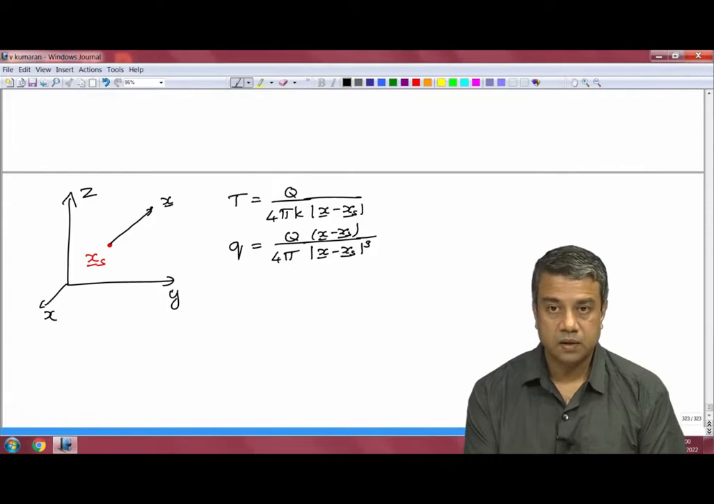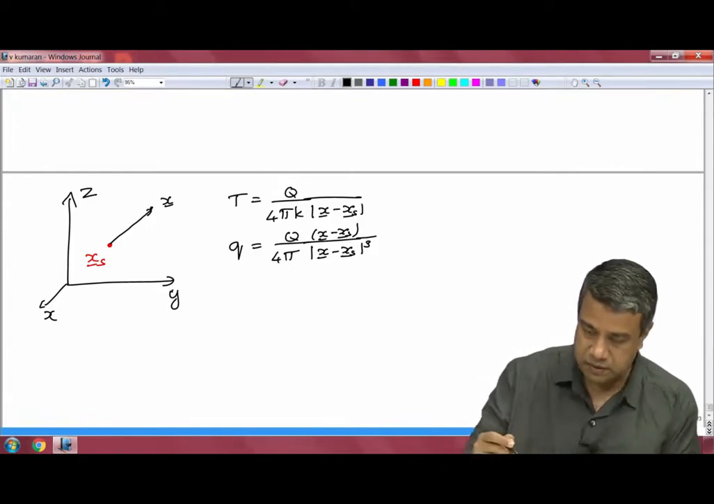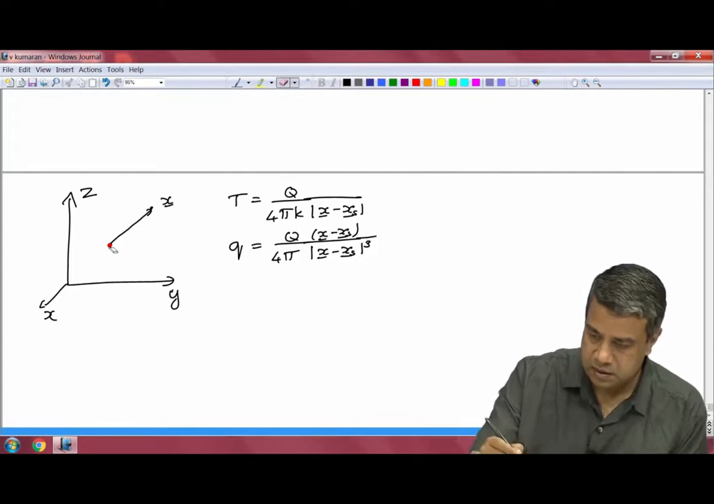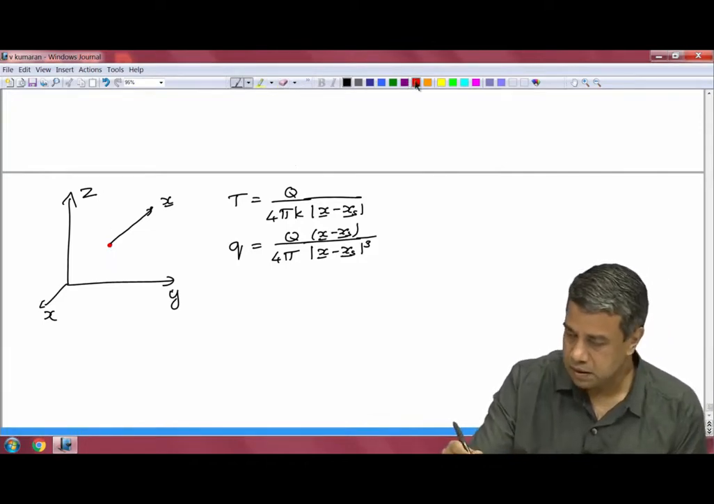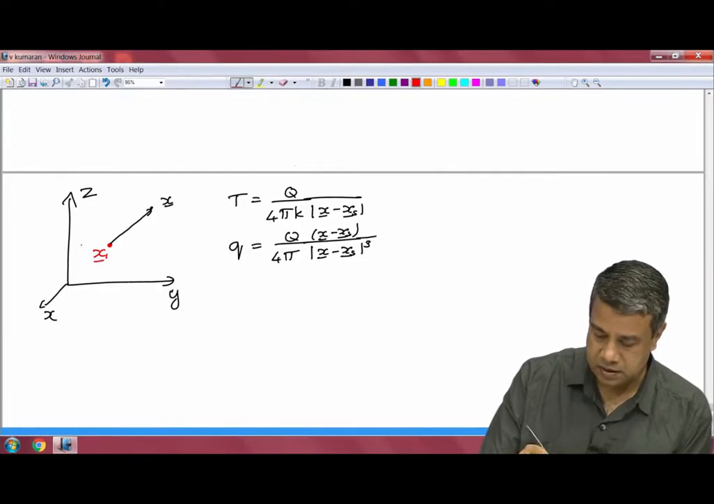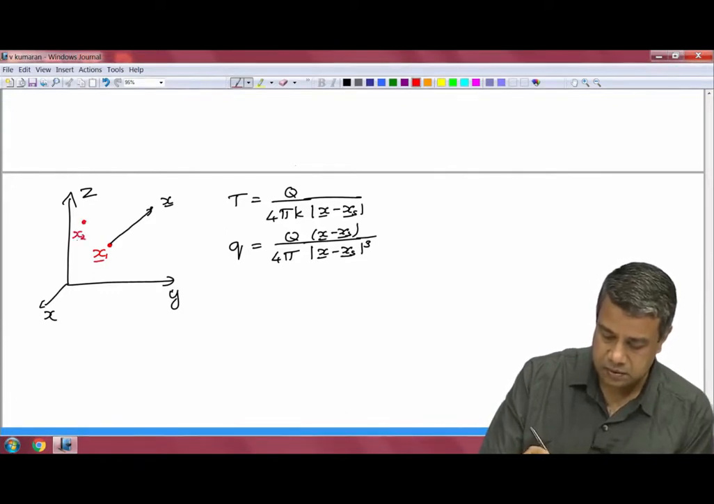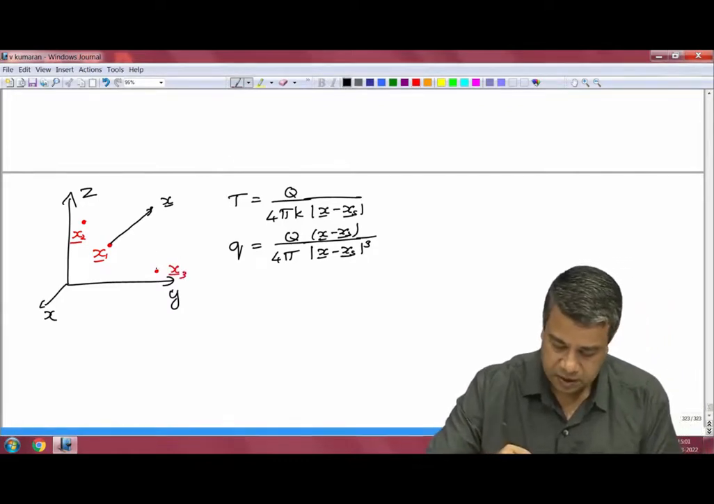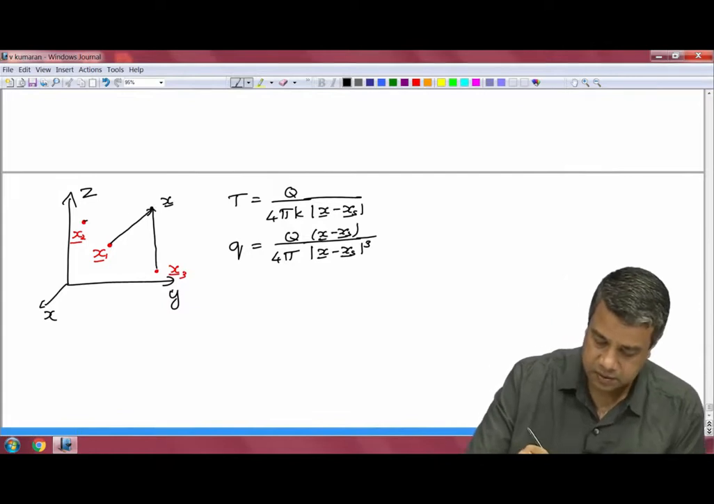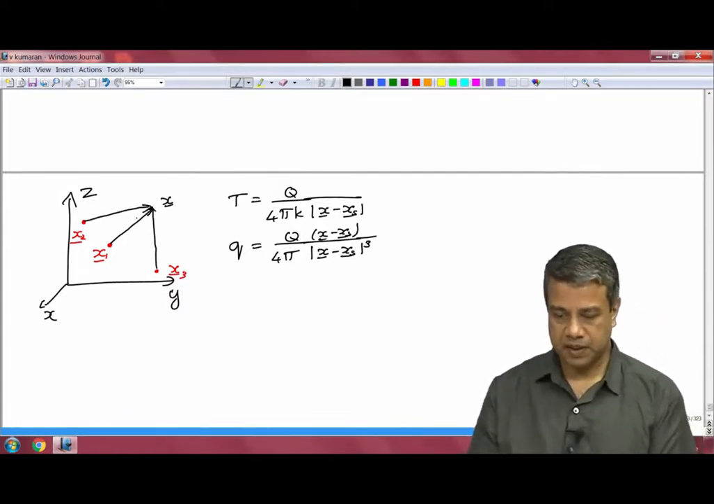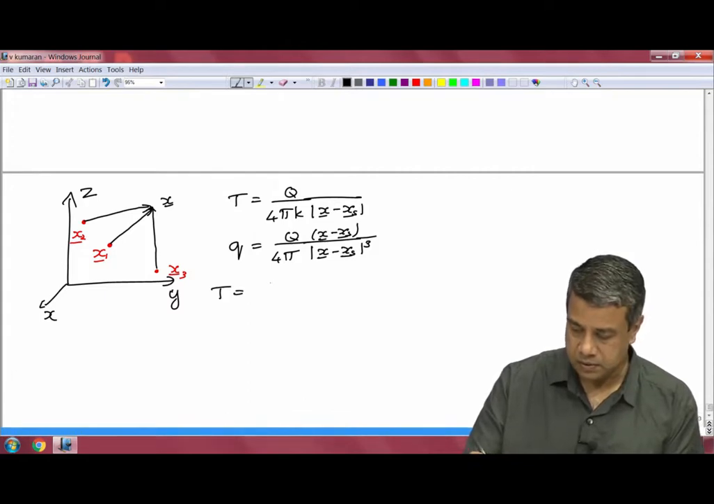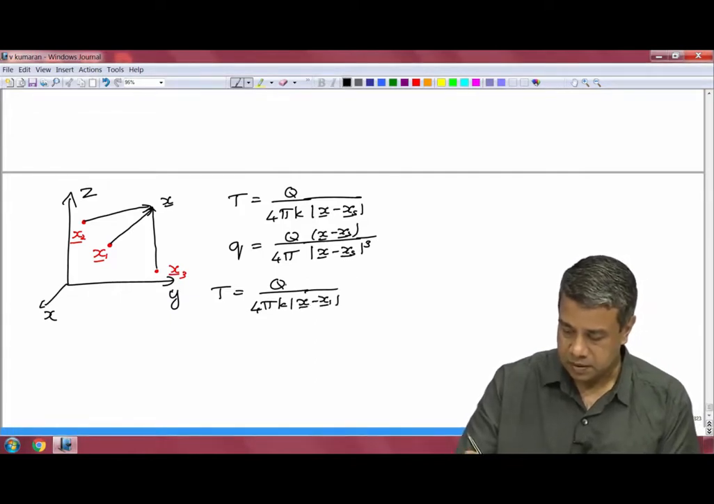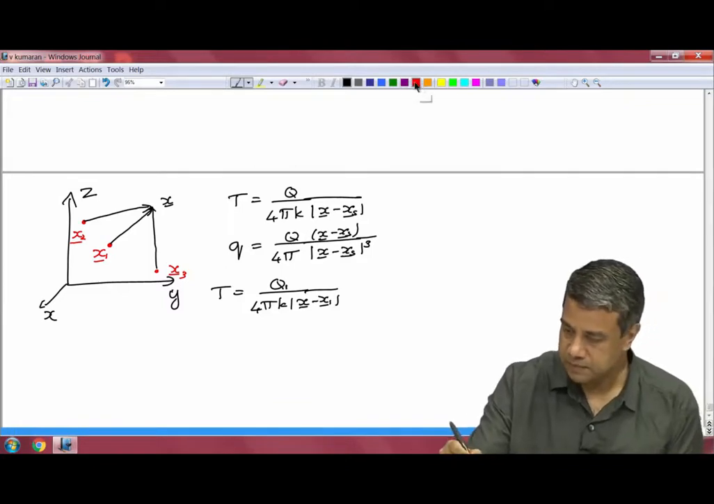What if I had multiple point sources? One at location x1 say, another at location x2, another at location x3 say. The heat flux at this observation point is going to be the sum of these 3. So the temperature will be equal to q by 4 pi k into x minus x1, q1. So let's call this as